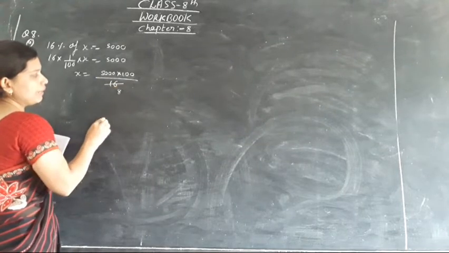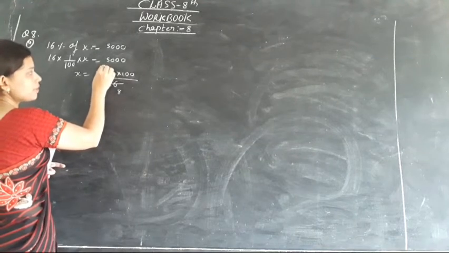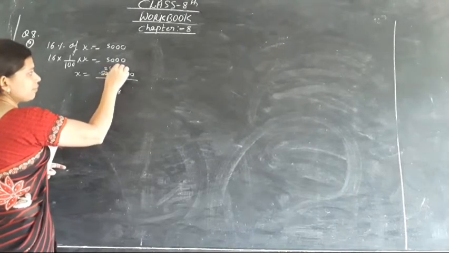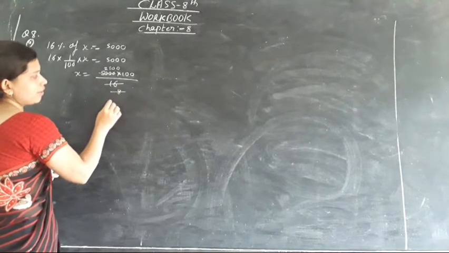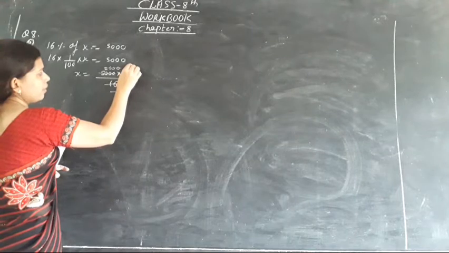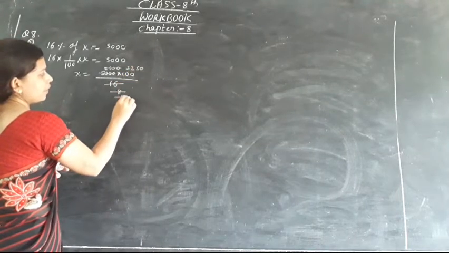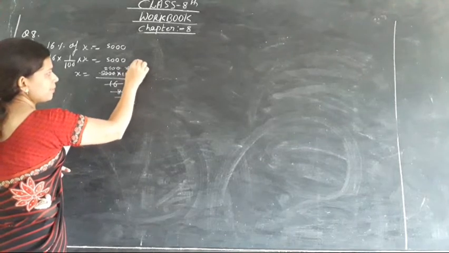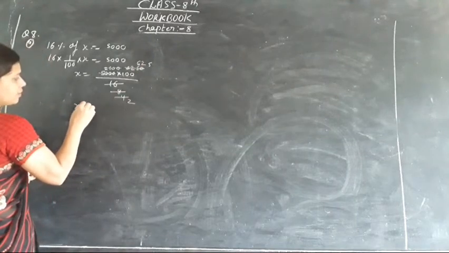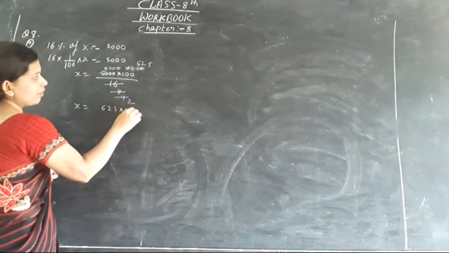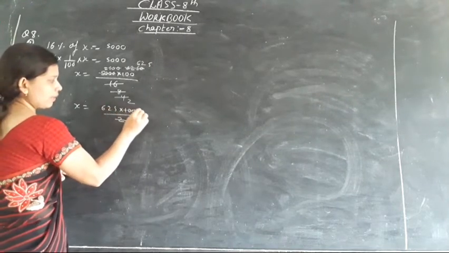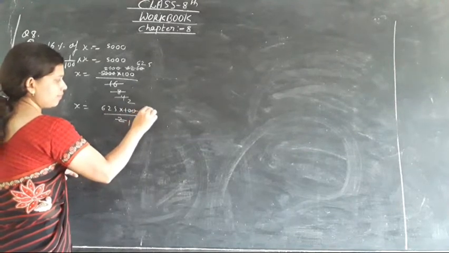By the table of 2 it will be 8 times. By the table of 2 this will be how many times? It will be 5. Now 8 again by the table of 2 here it will be 4 times. Now again by the table of 2 it will be 6, 2 times 5 is 10, 625, and x is equal to 625 into 100 upon 2. Okay. Now again here it will go by the table of 2, that means 5 times and 0, 50.